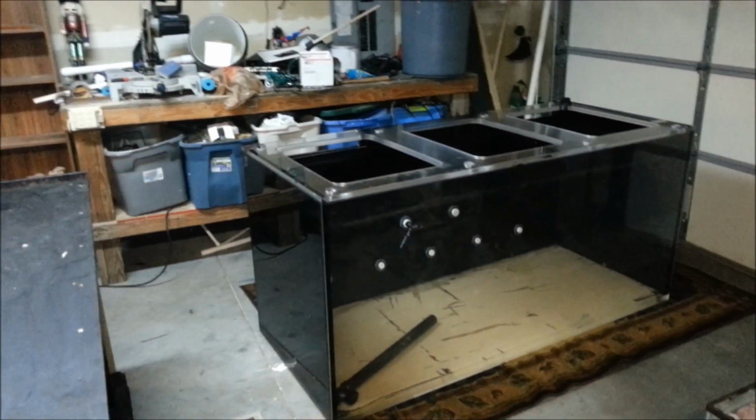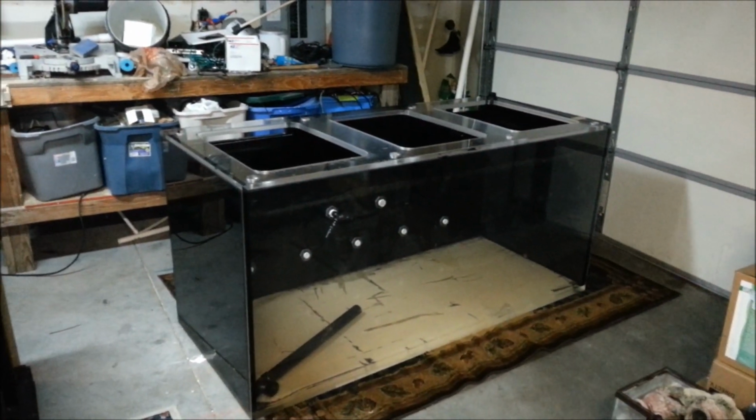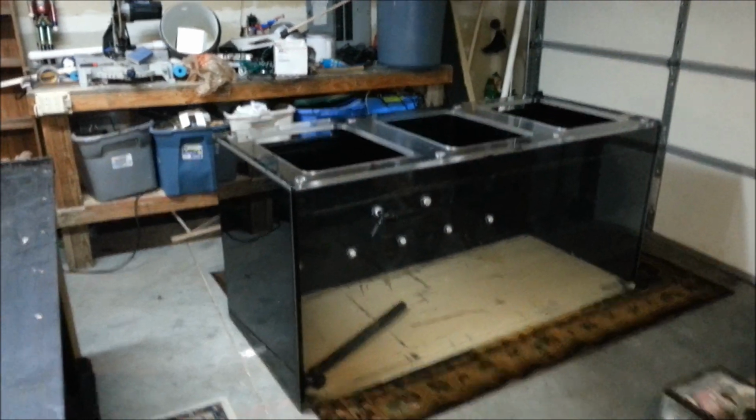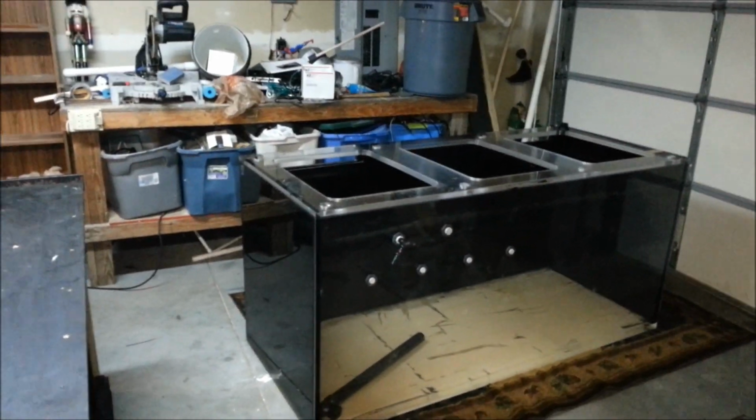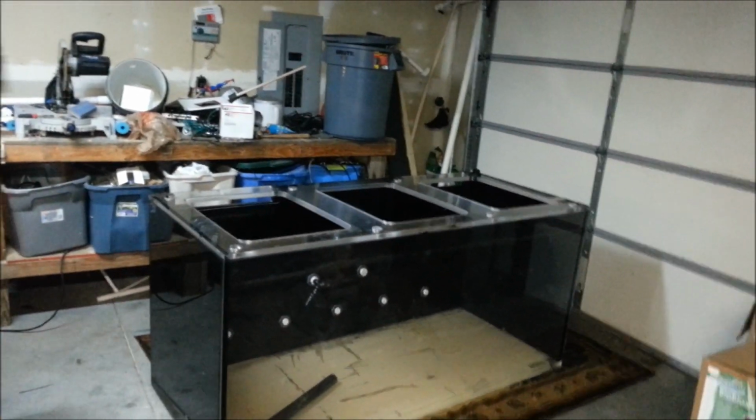But it's almost over, guys, and then I'll be back into the poker chips again, and I'll be able to build tanks all the time. But I've been chatting with a few people on Facebook about the tank, on what to do with it,